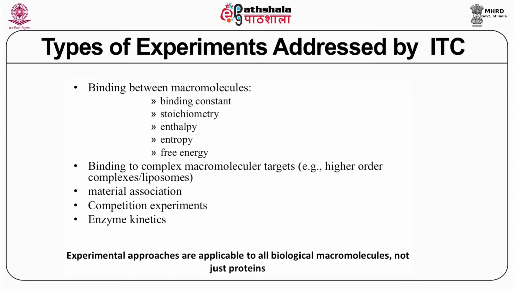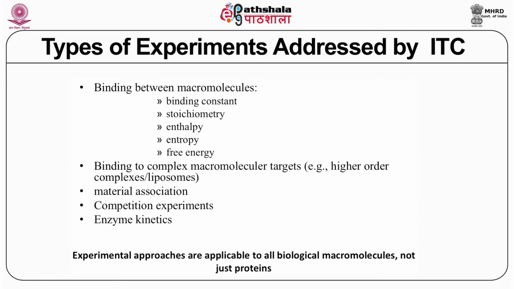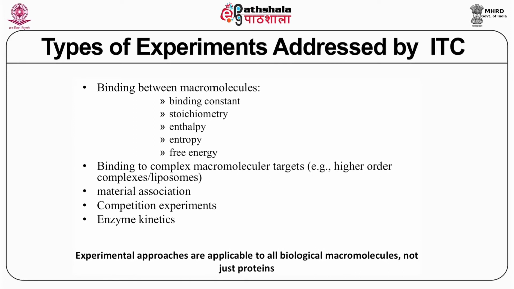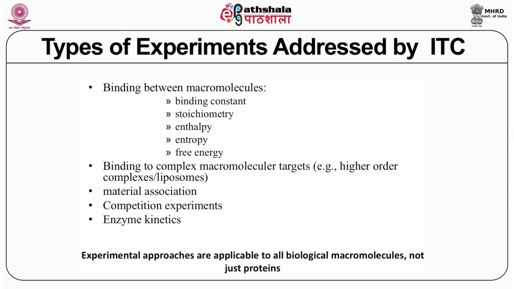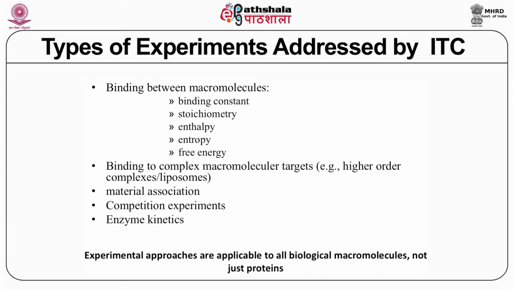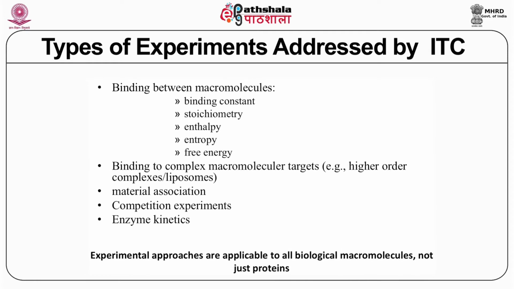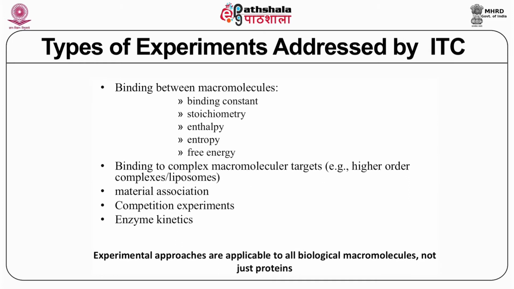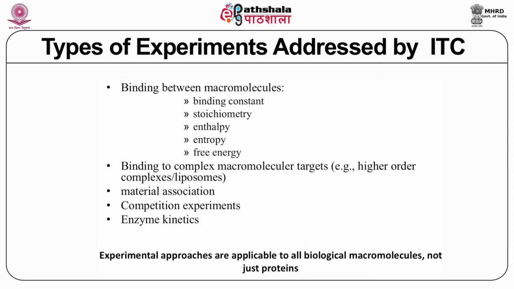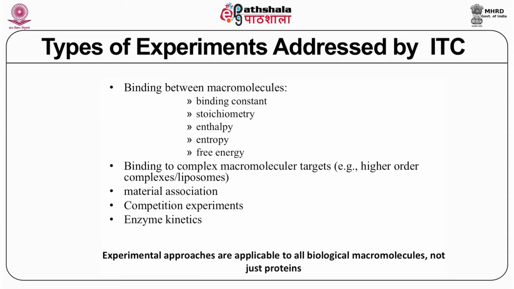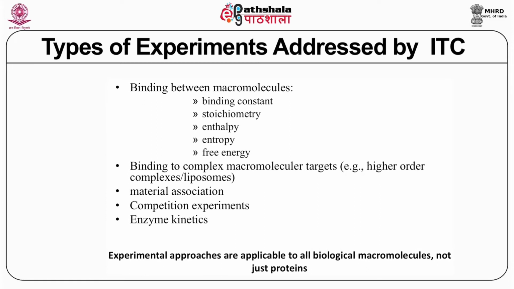That is really almost all the thermodynamic parameters of any biological reaction, and you get them directly from ITC. One important thing I would like to mention is that ITC gives direct heat changes, whereas when you use UV or absorption spectroscopy, you can also determine binding constant and stoichiometry, but those are indirect methods, because you are using the absorption changes and then converting them into the binding constant. Therefore calorimetry has a very big advantage, because you are directly measuring the heat changes.